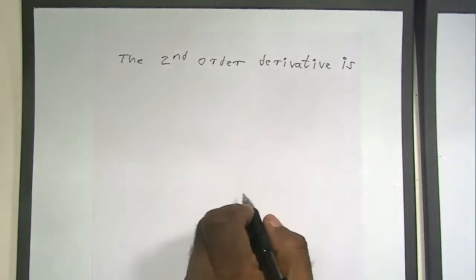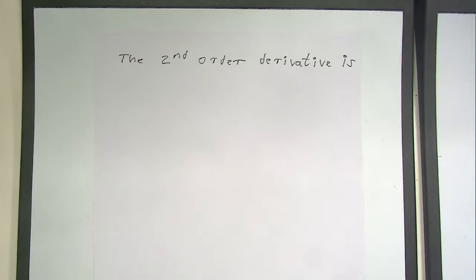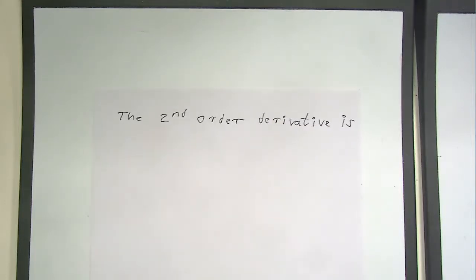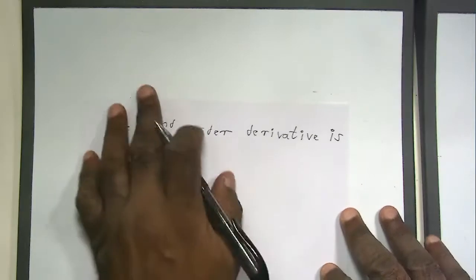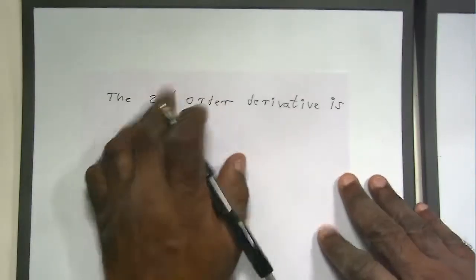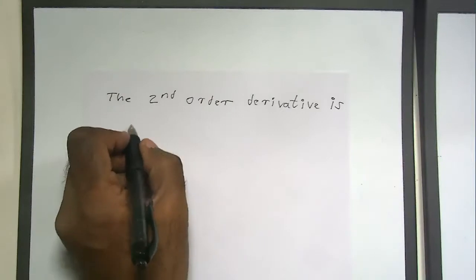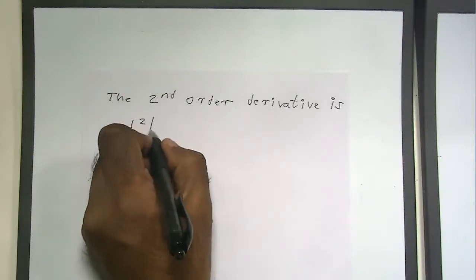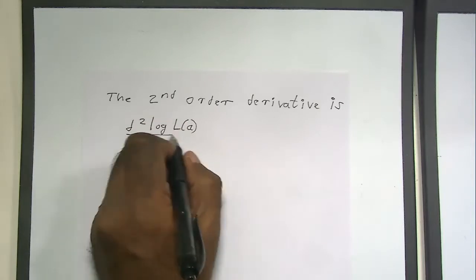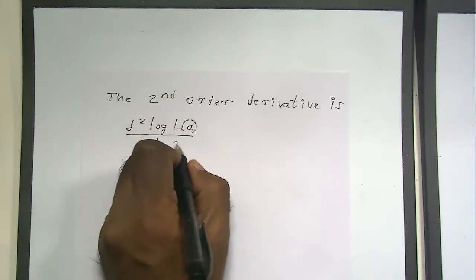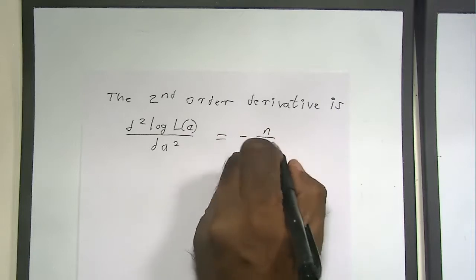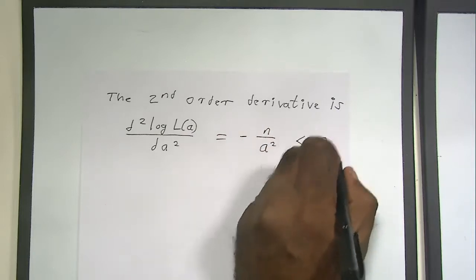The second order derivative is this, sorry, let me know if you can't see the screen. Can you see it now? Oh, you can. Okay, the second order derivative is this, and this is of course negative all the time, hence